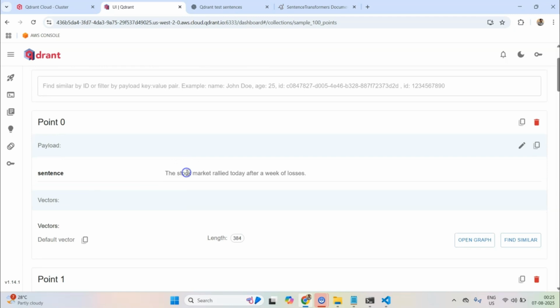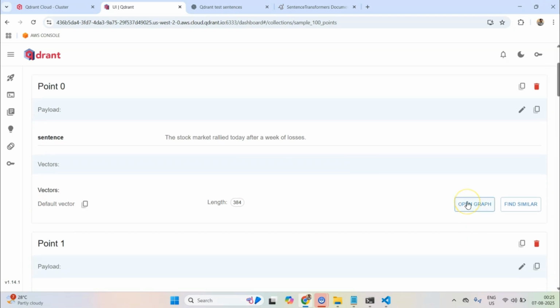If I open the collection, more important than the points themselves, you need to think about the graph feature. Now notice this sentence: The stock market rallied today after a week of losses. If I open the graph, Qdrant will show you all the points which are connected to it. When I say connected, it means their embeddings are very close to the embeddings of this.